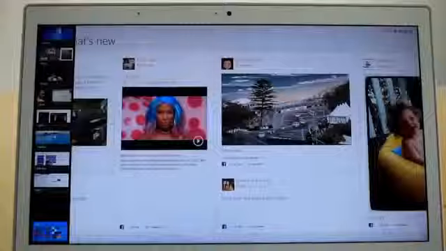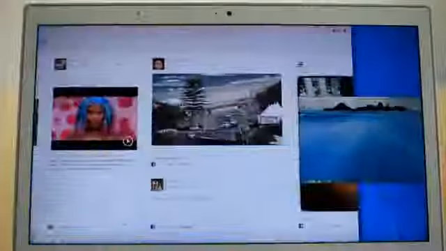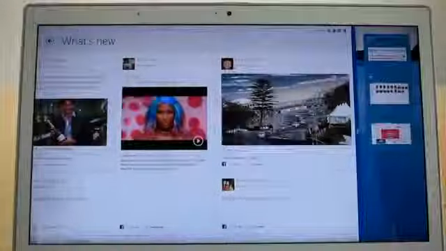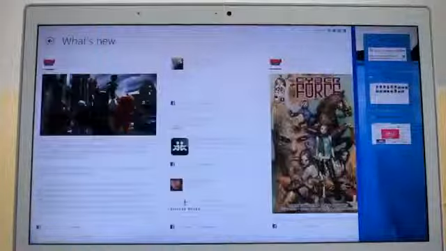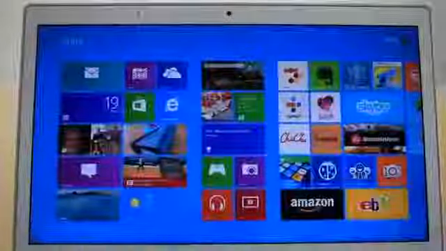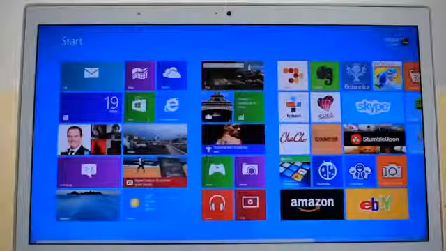You can have two apps open on the page together. If you have an open app and you drag another out of the recent bar, you can snap it onto the right or left hand side next to the current app. You can then resize the windows to make the other app smaller or larger depending on what you need the most. Okay, so then we have the Charms bar on the right hand side,